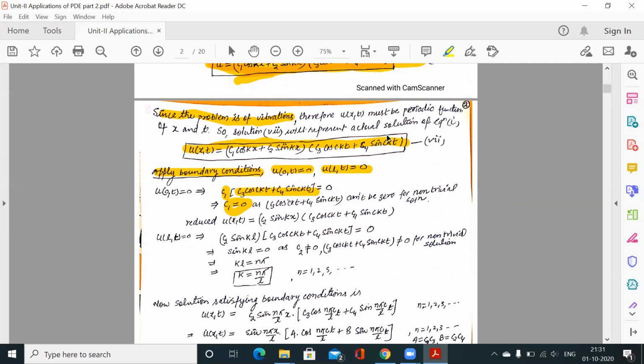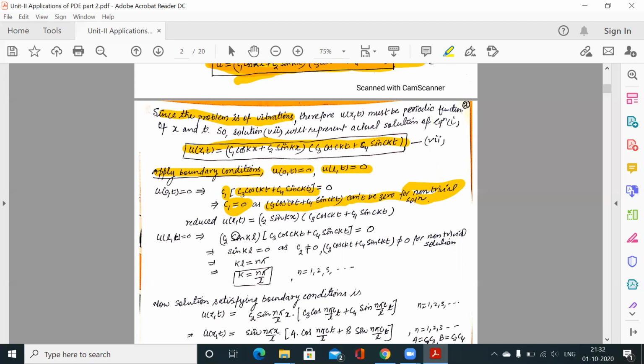So we cannot keep this solution 0, otherwise if the solution is 0, that means there are no vibrations. Clear? But you know that vibration would be there, so we cannot make this factor 0. So same thing I have written here, this factor cannot be 0 for a non-trivial solution, means for a non-zero solution. So what is left? Only c1 left, so c1 would be